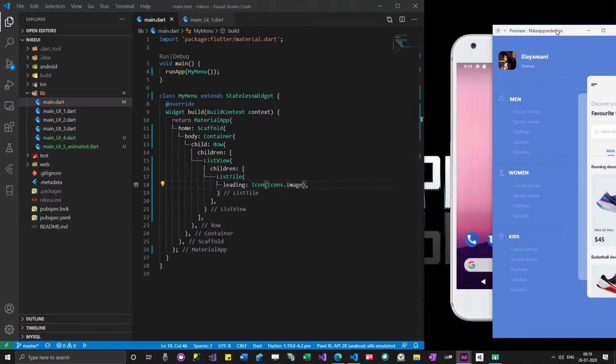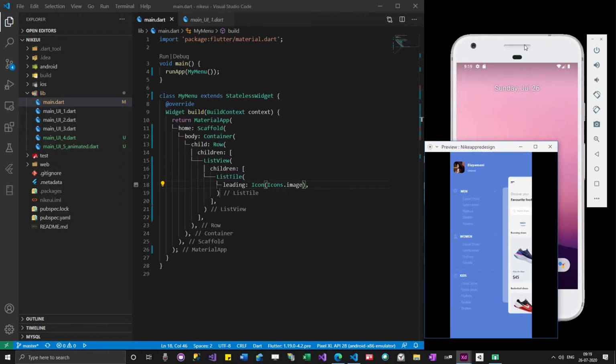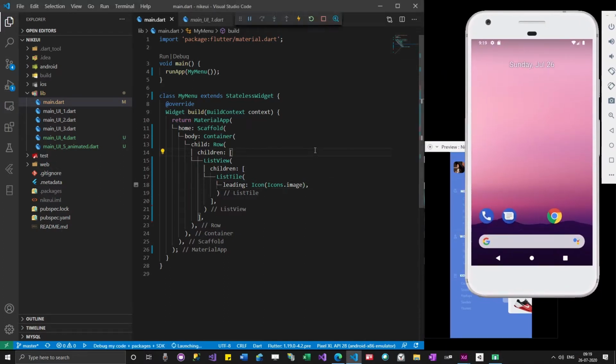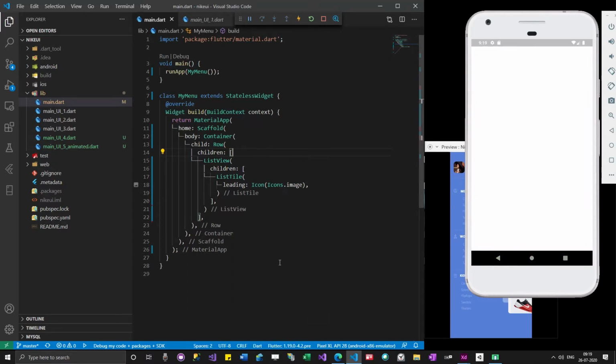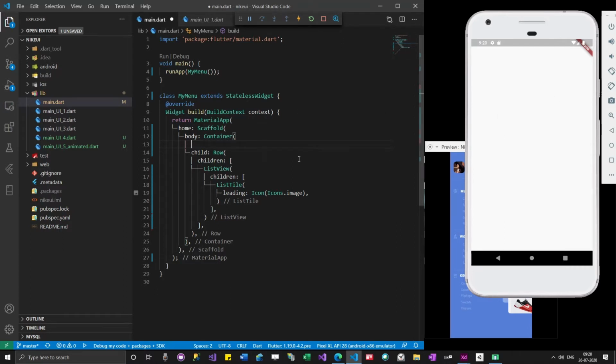So let's run this app and see if it is loading or not, first of all. So let me give a color to the container. Probably it's loaded, but since everything is white, it is not showing anything.